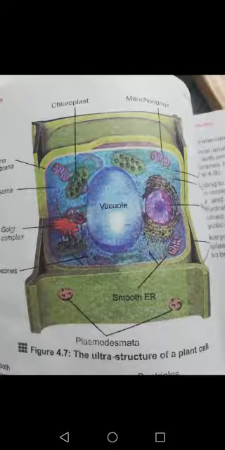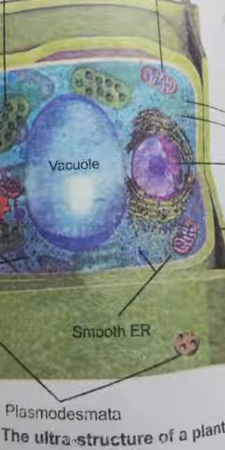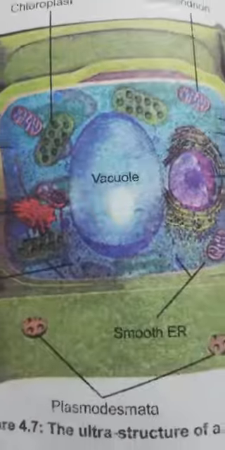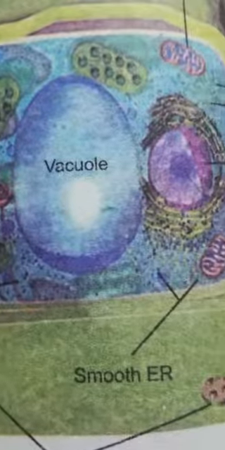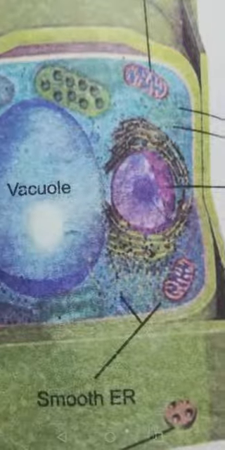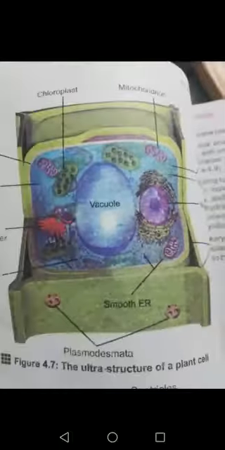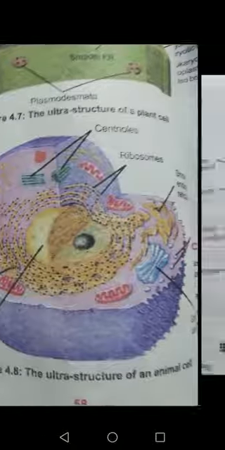In a plant cell, its position in a mature cell is different, because in a mature cell there is a large vacuole present inside the cell. This is the large vacuole, and because of that the nucleus is present on one side of the cell, whereas in an animal cell it is present in the center. This is the animal cell and in the center is the nucleus. So both plant and animal cells have a nucleus.